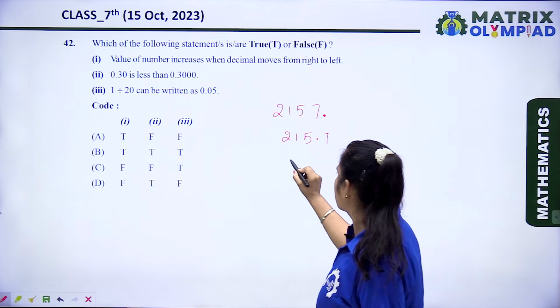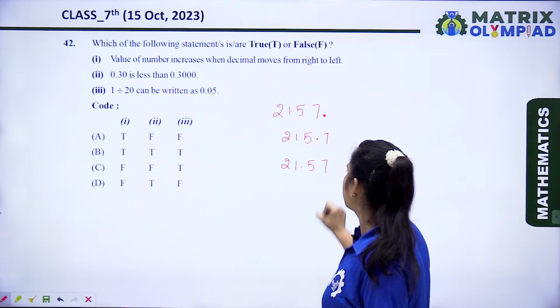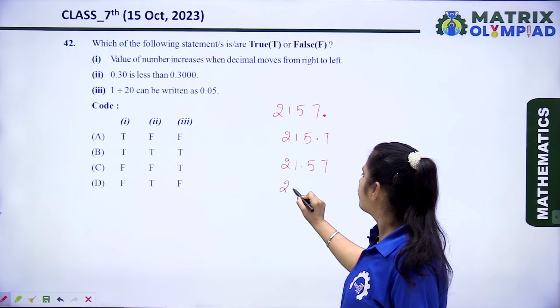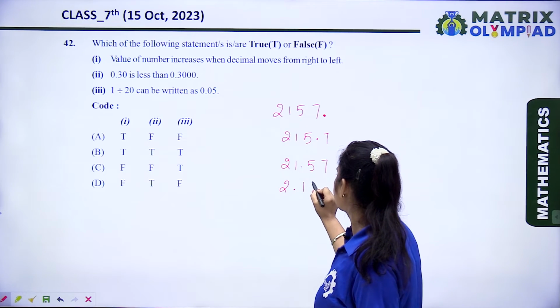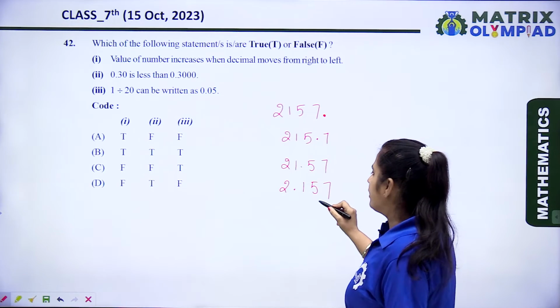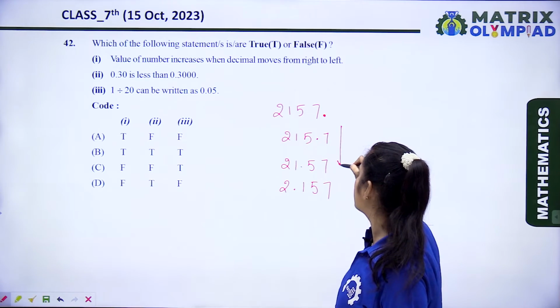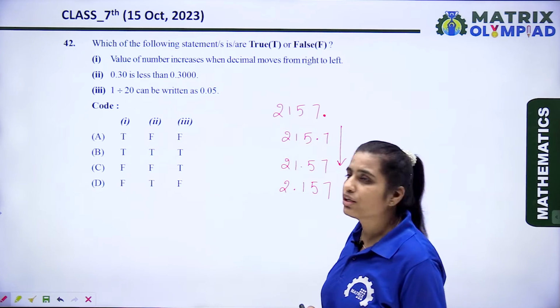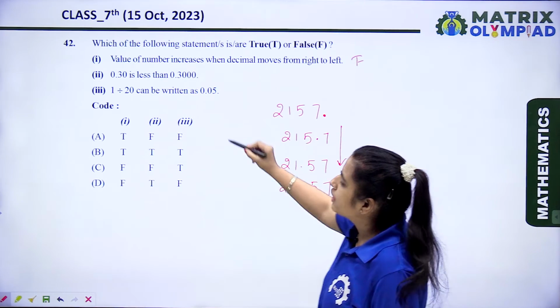If we shift one more step, then we get 21.57. And if we shift one point more, we get 2.157. So here the number is continuously in the decreasing form. So the first statement is false. The next is